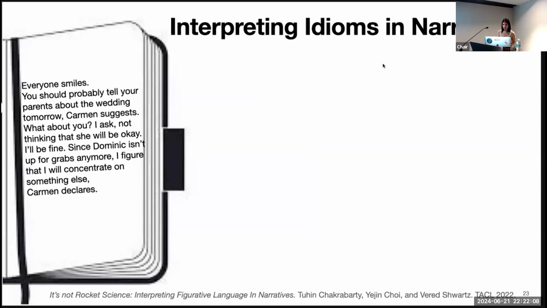So we've seen several ways to test understanding, and an alternative method is to test understanding indirectly, by asking the model to perform some task or answer some question that would indicate understanding the phrase in context, or at least suggests that. This is something that I did together with Tuhin a few years ago. We designed this benchmark that tested models on their ability to interpret idioms and similes. I will focus on idioms here for the example, but we had an equivalent data set for similes.